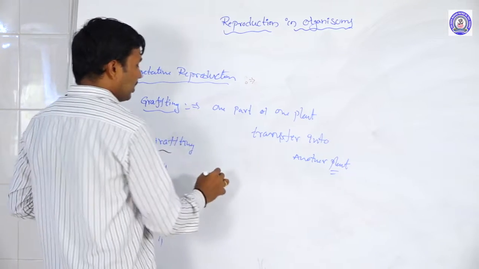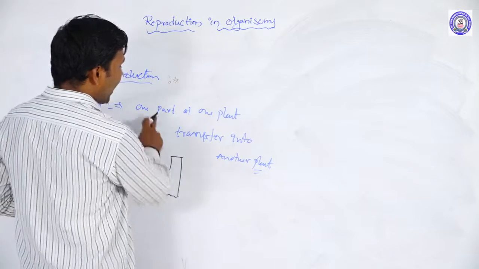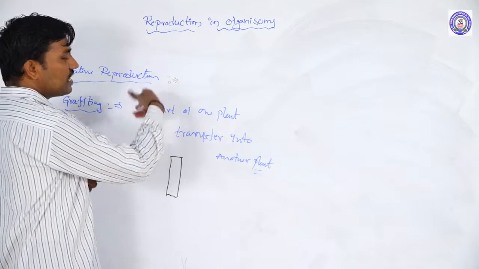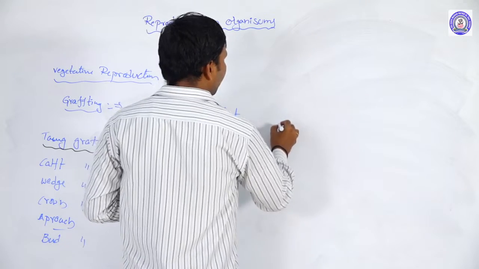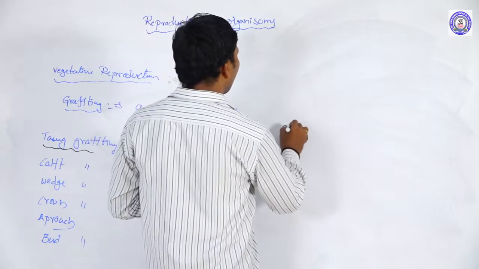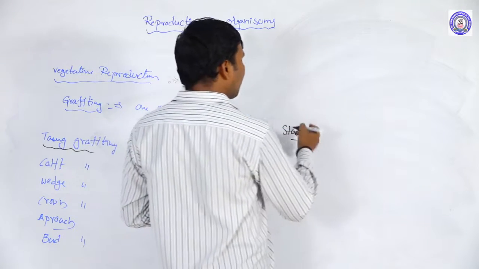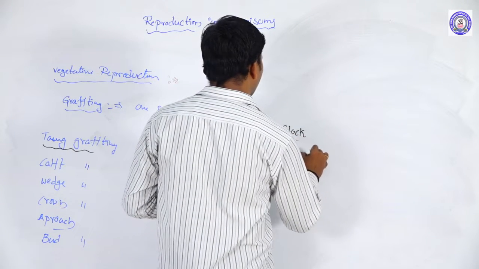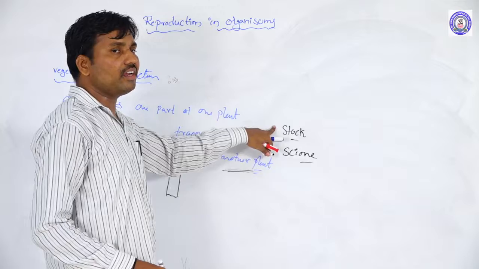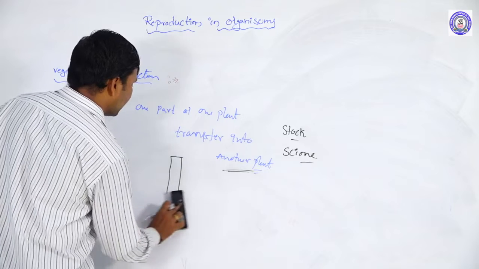First is the tongue grafting method. In grafting, we take two plants: one plant acts as the base and the other plant acts as the stem. The part of the grafted plant containing the root system, which acts as the base, is called the stock. And the plant part containing the shoot system is called the scion. The stock and the scion come from two different plants, and we combine them to develop new varieties. This is the vegetative horticulture method we follow.